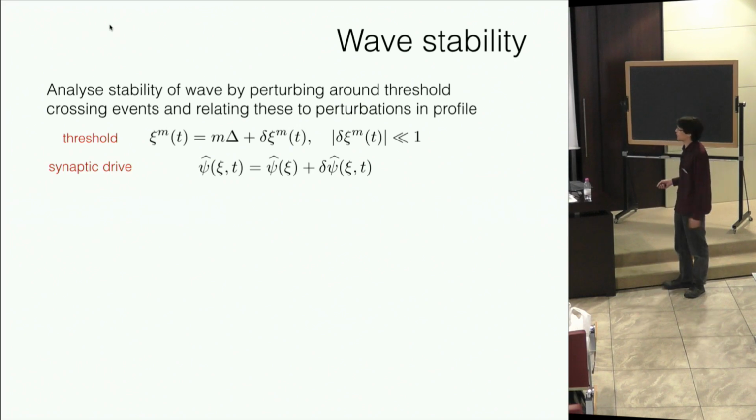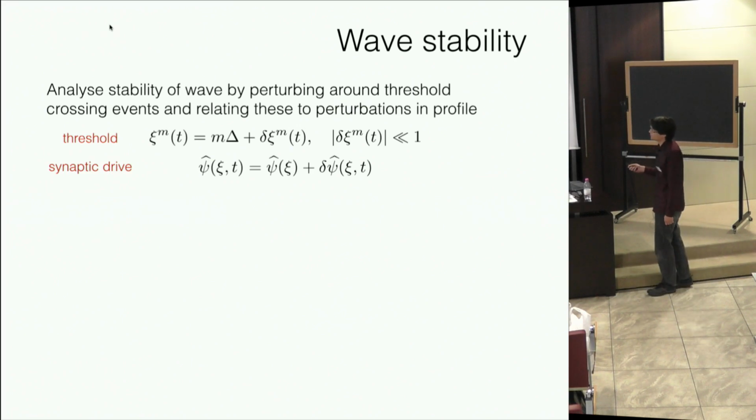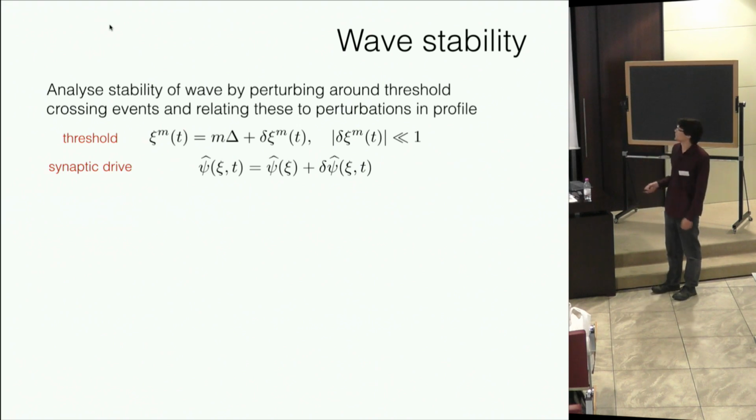But for those that work a lot in applied mathematics, we know that just finding a solution is not sufficient, because you don't know whether that solution is stable or not, at the very least to linear perturbations. So this calculation is a little bit involved. What I'm going to do is sketch it out, and if you want to know more, then we can talk about it later. So the idea is that